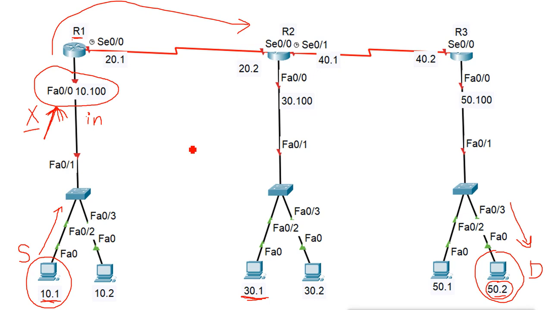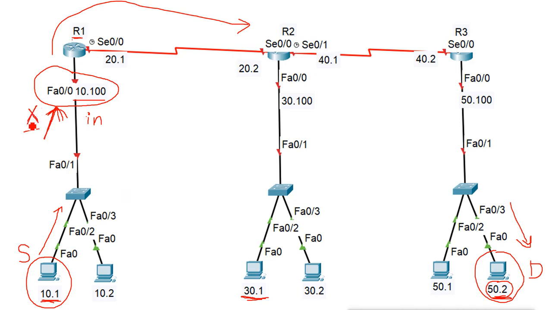So we can use an extended list. Now what does an extended list do? It checks source and destination address both. That means when I configure an extended list here and I say this source IP and this destination IP, we will mention both source and destination. If this source and destination match, then deny.